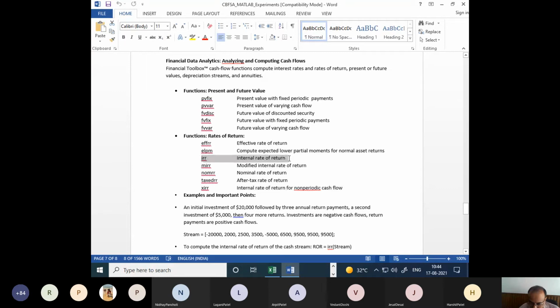So IRR is used whenever the cash flows are periodic, but if you have non-periodic cash flows, use XIRR. XIRR is also a very common term used by the mutual fund industries and pension funds. They specify the return as XIRR. Suppose you have started an investment and you get a periodic statement.